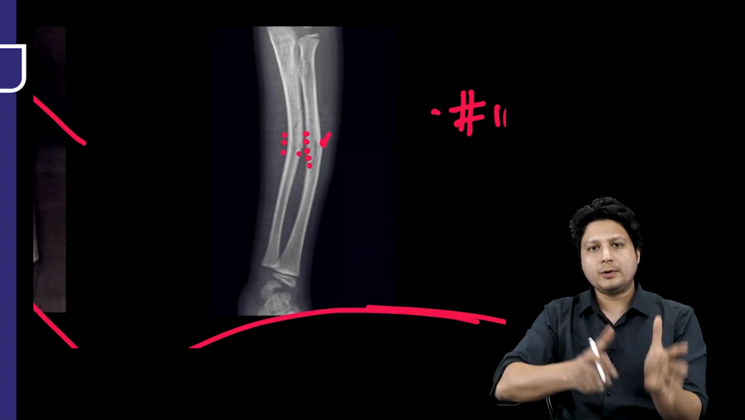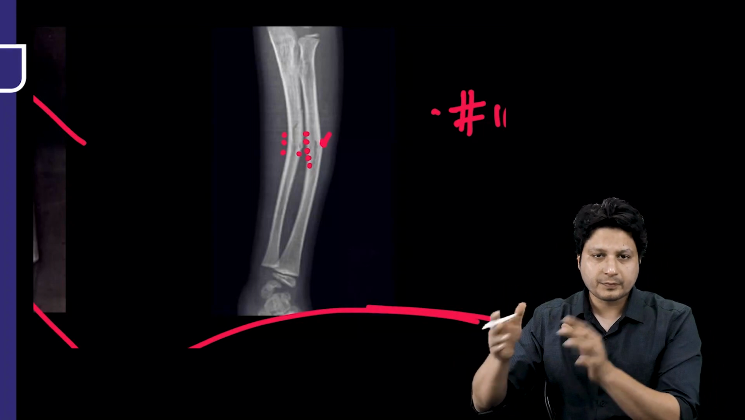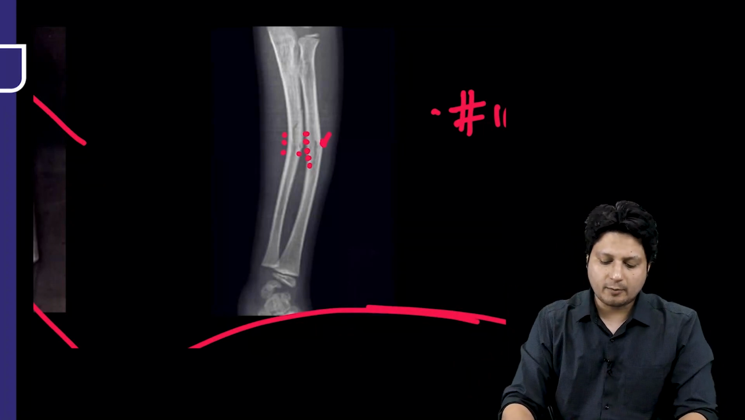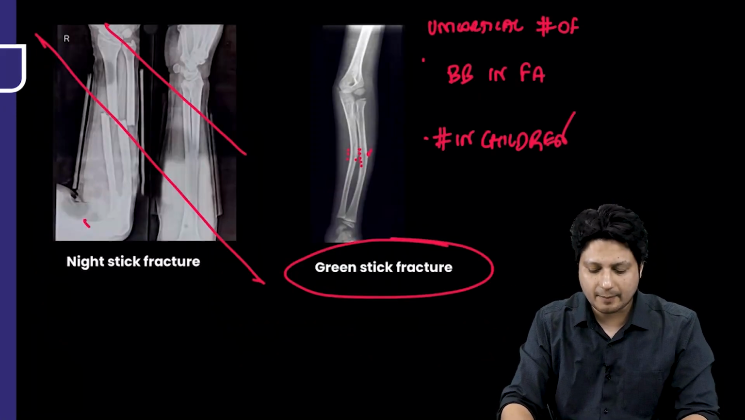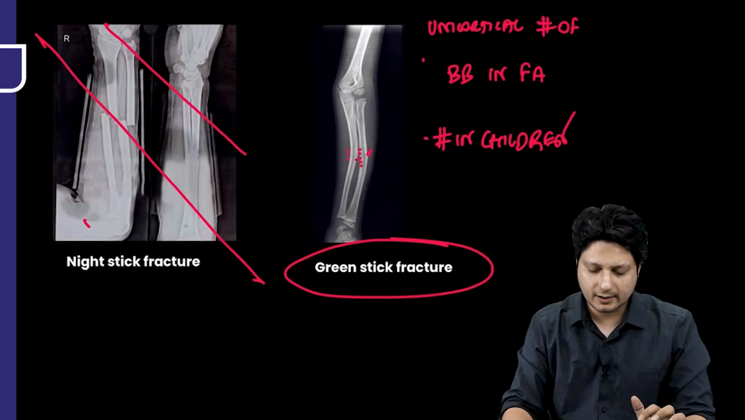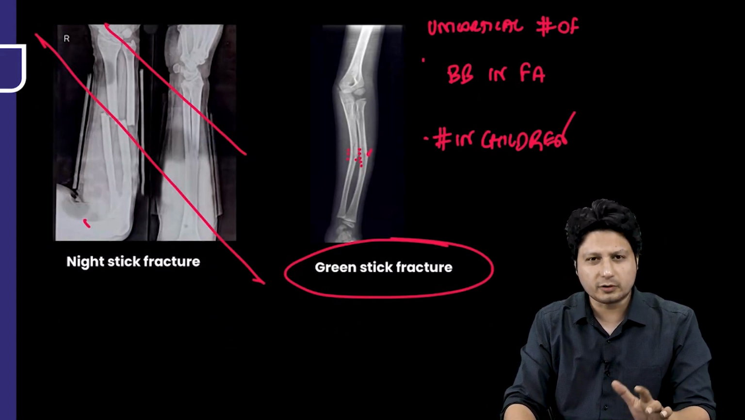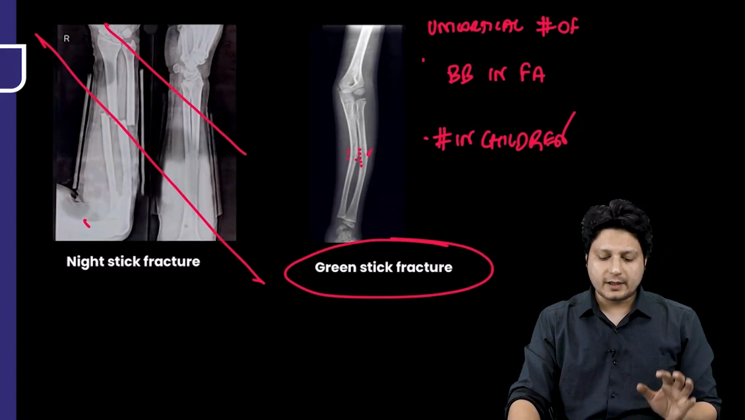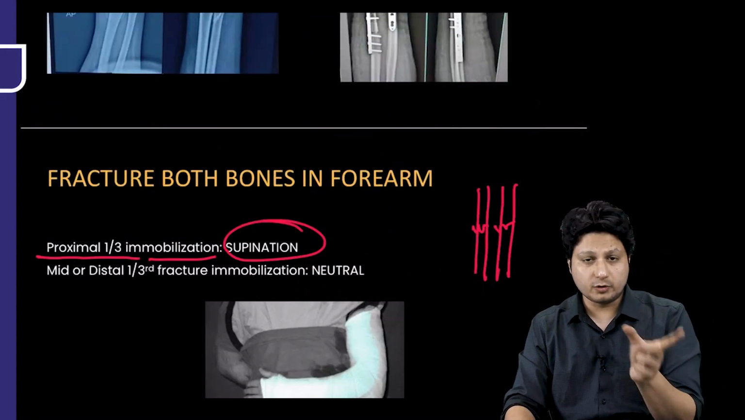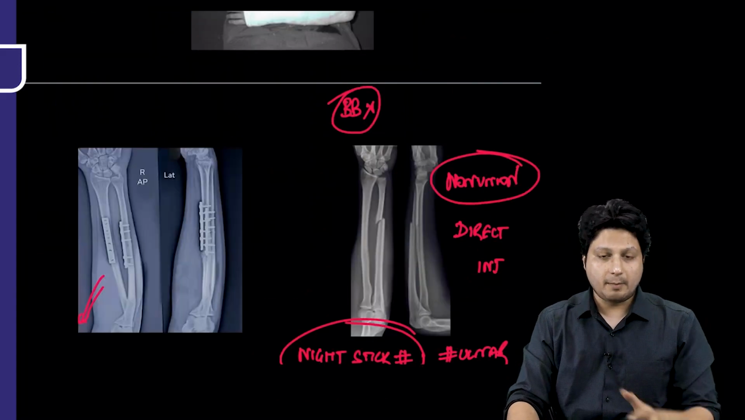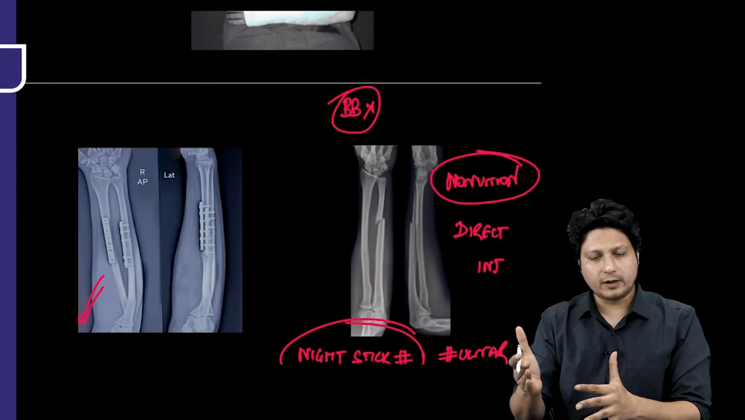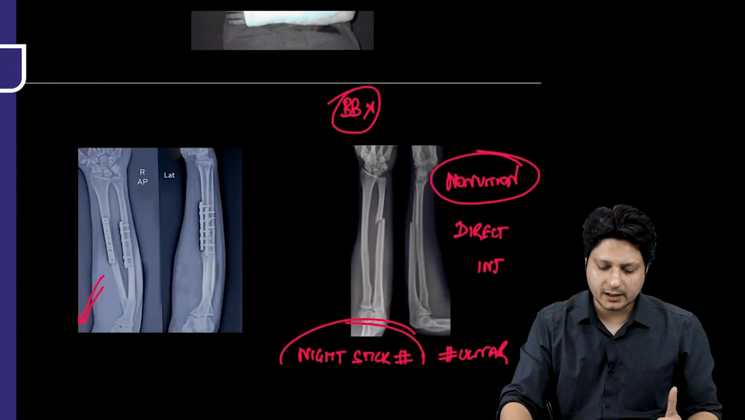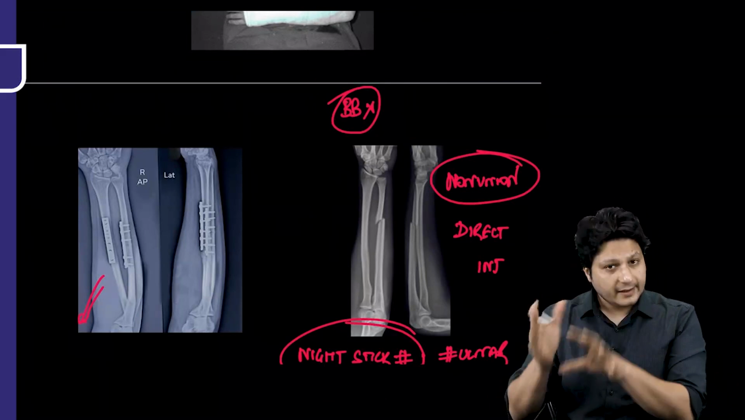And this is how unicortical fracture of both bones of the forearm is called green stick fracture, which can happen only in case of a child, because of increased laxity of the bone, because of decreased cortical strength of the bone. Hopefully, everything is clear related to the fractures of both bones in forearm. Then, the management of the fractures of both bones in forearm conservatively as well as surgically. Then, nightstick fracture,